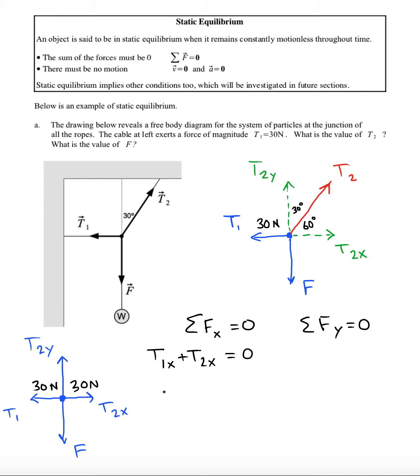Let's plug in T1x. Because we're considering the direction now, we write negative 30 newtons plus T2x equals 0. And we'll actually use this sum of forces idea to solve for the unknown T2x. It should be clear by algebra that T2x is going to be 30 newtons. Okay, now that we have that,